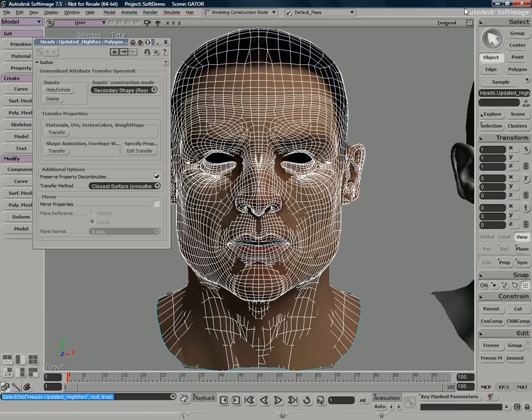So let's go ahead and close this off now that we've taken that UV set off the existing model. Now what we need to do is sever the relationship between Gator and the two objects. Because Gator is always evaluating, if I were to move any of the polygons or adjust the UV map on the low resolution model, it would update and propagate that through to the high res model. So there's two ways you can sever this relationship.